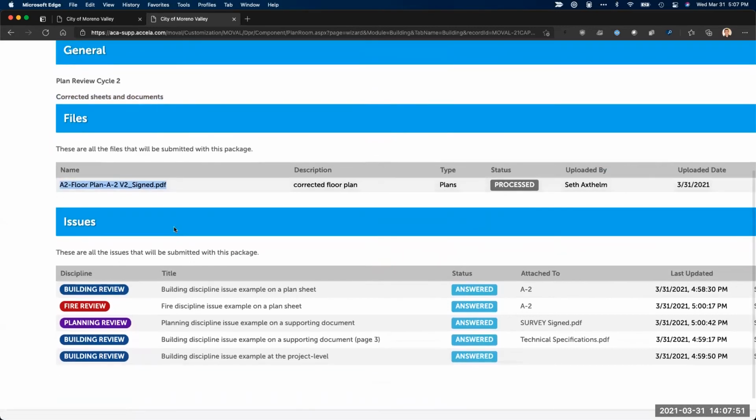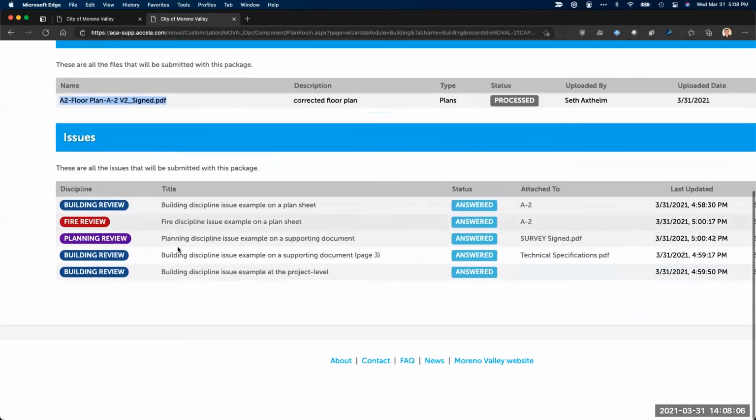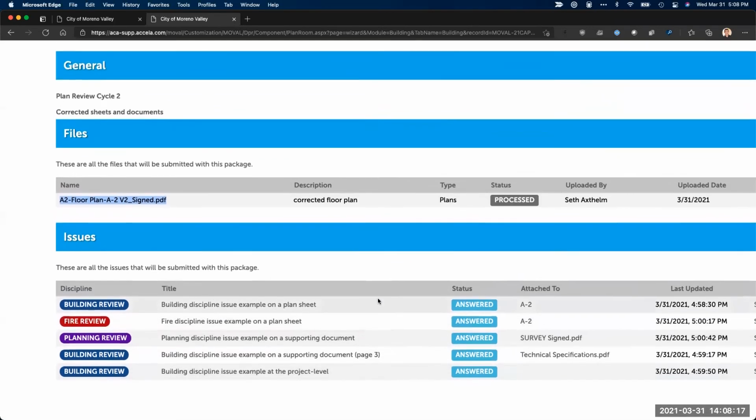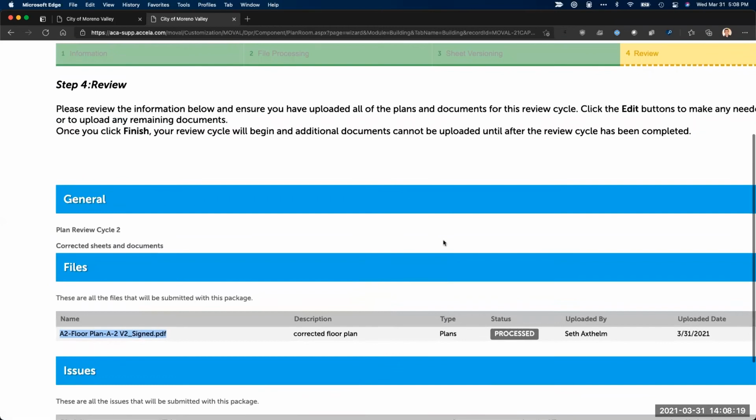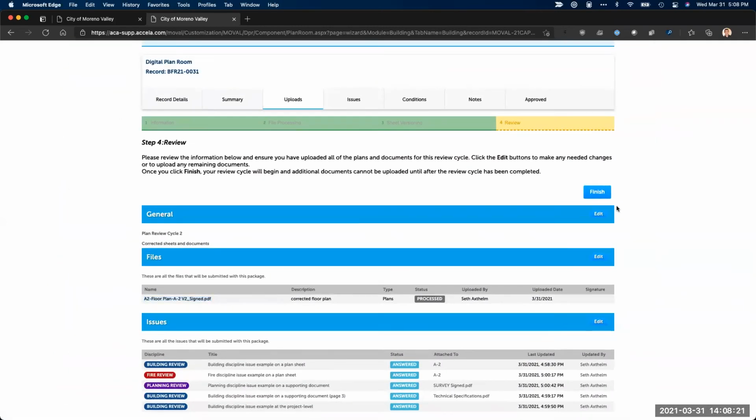And I do have a new section on my resubmittal called Issues. So in addition to resubmitting any corrected documents, my responses are also going to be grouped in with this review package submittal. So on the bottom, here are the issues that I have marked as answered and provided my narrative response. So these 5 issues are going to be lumped in with my resubmittal here. So once I hit the finish button,